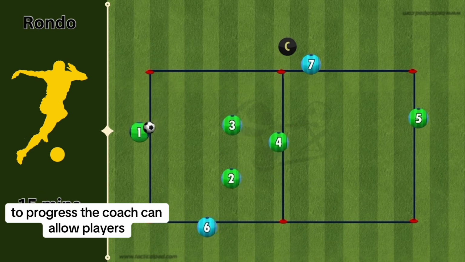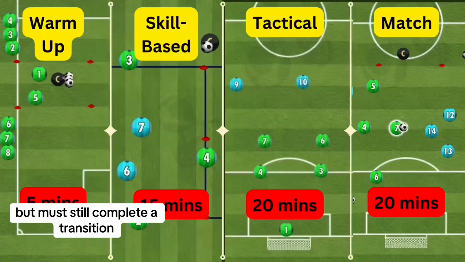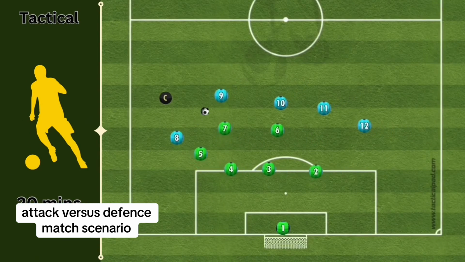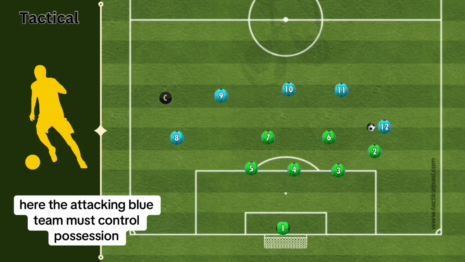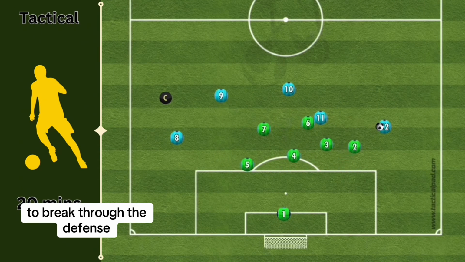To progress, the coach can allow players to move freely inside the box but must still complete a transition. Next up, the coach develops an attack versus defense match scenario. Here, the attacking blue team must control possession and attempt to find a penetrating option to break through the defense